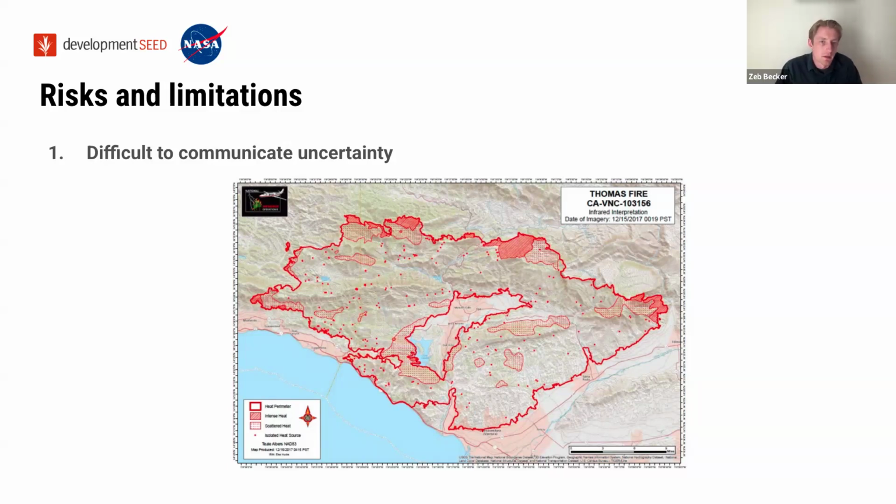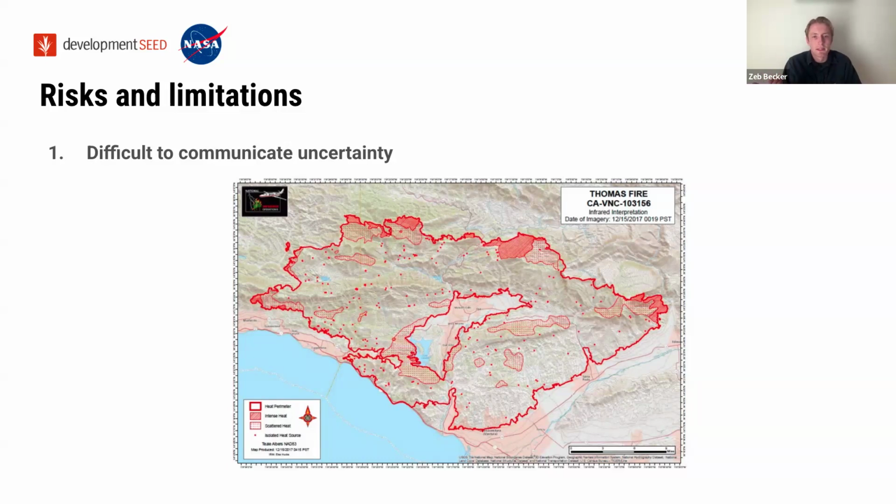So what I'm showing you here is a NIROPS map. This is not a FEDS perimeter, although it looks similar in that it's just a squiggly red polygon on a map. So the point I want to make about this is that over their years and years and years of experience, responders have seen a lot of fire perimeters on a lot of maps.